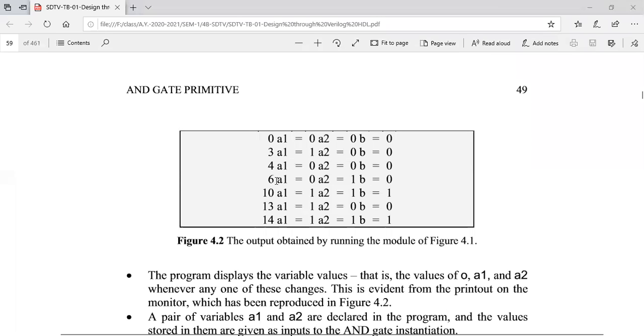After that, you are asking to wait for 4 seconds. So at the 10th second, what are the values? A1 is 1 and A2 is 1 and B is equal to 0. After this statement, you are asking to wait for 3 more seconds. So after the 13th second, your values are 1 and 0 and B is equal to 0. There you are asking to execute these values only for 1 second. Now it is at the point of 14th second, A1 is becoming 1 and A2 is becoming 1, so automatically the value of B is going to become 1 there.